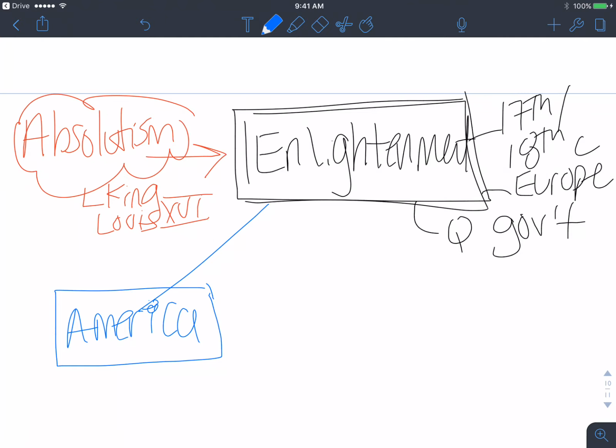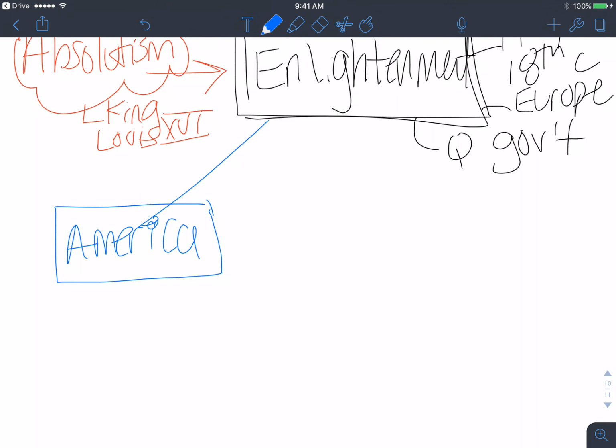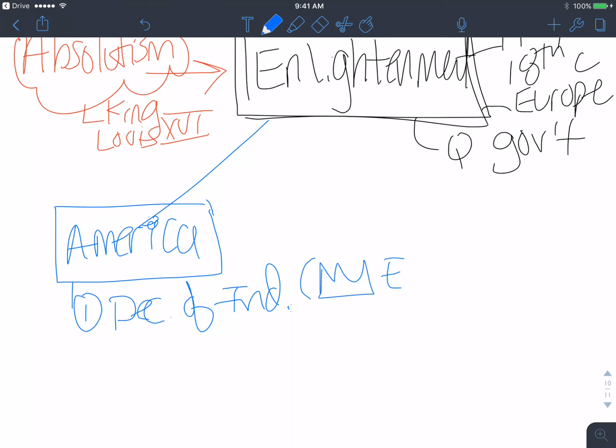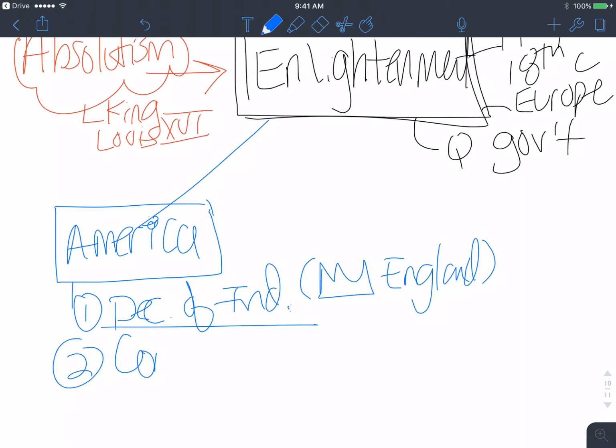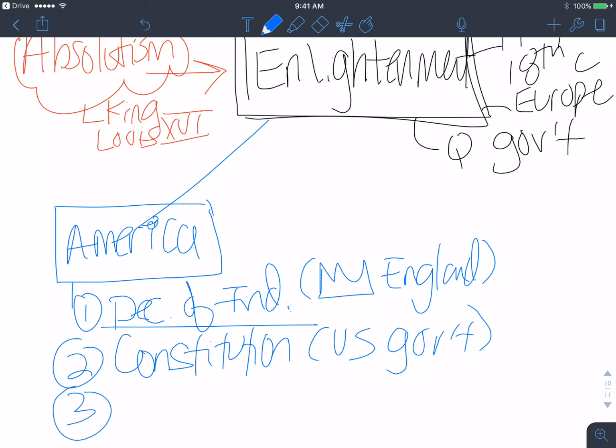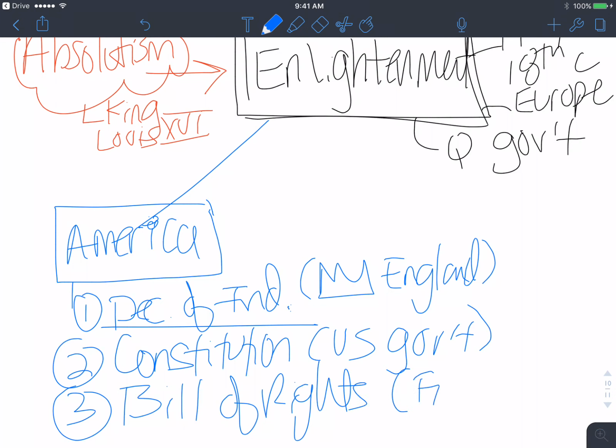All right, so when we look at the United States, how have we been influenced? Well, first one is the Declaration of Independence, which we'll look at more closely. All right, we were angry at the Crown of England and their treatment of us. A lot of harassment on the streets of the colonies, as well as economic harassment. So we have the Declaration of Independence. Secondly, we have the U.S. Constitution, which is the framework for the U.S. government. And lastly, we have the Bill of Rights, which are the freedoms that we enjoy.